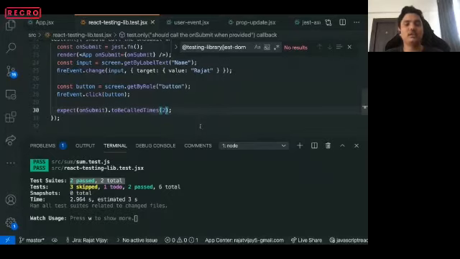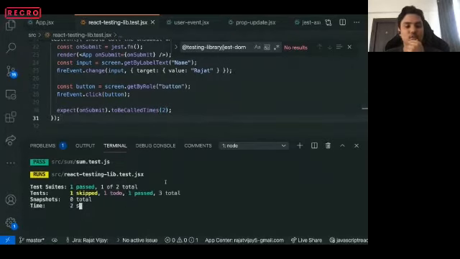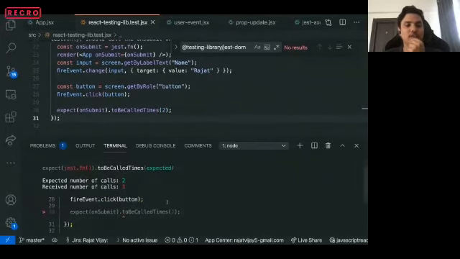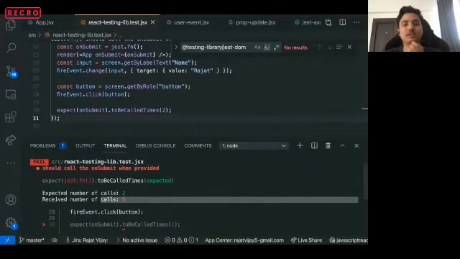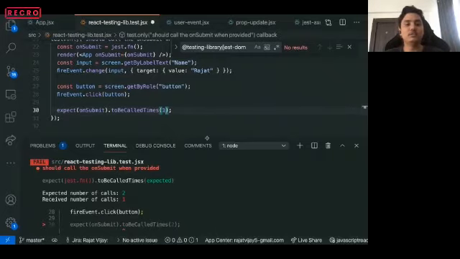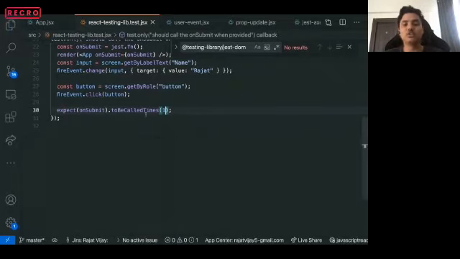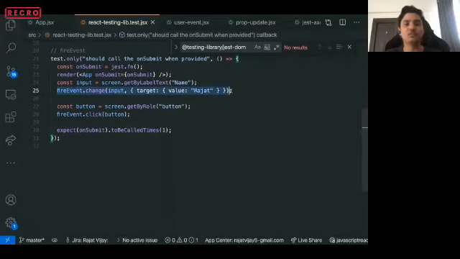Let me try and make this case fail, and it fails, saying this onSubmit function should have been called just one time, but you're expecting it to be called twice. So that's how you can actually fire events on your DOM elements using fireEvent.change and fireEvent.click.